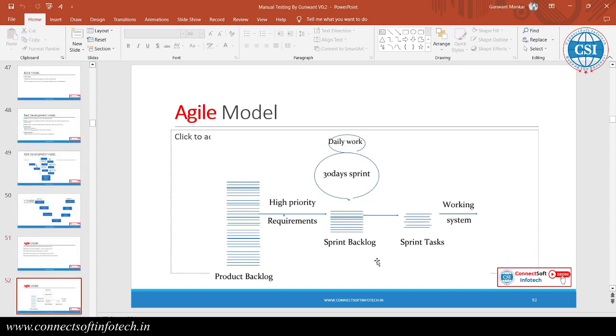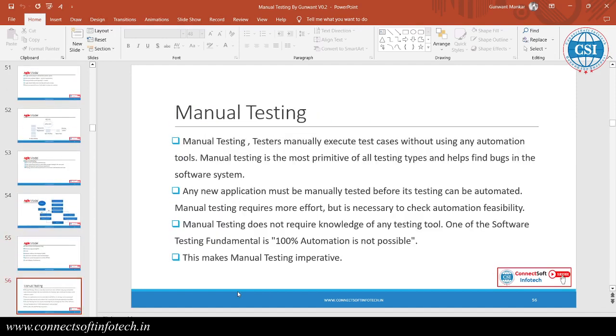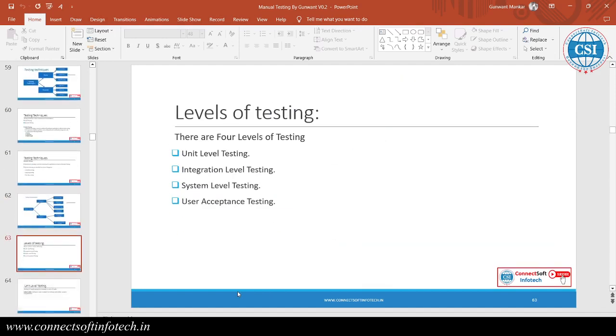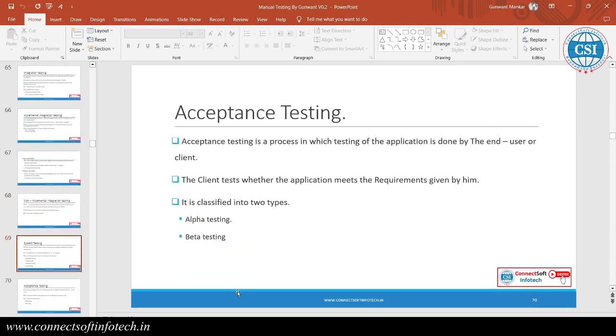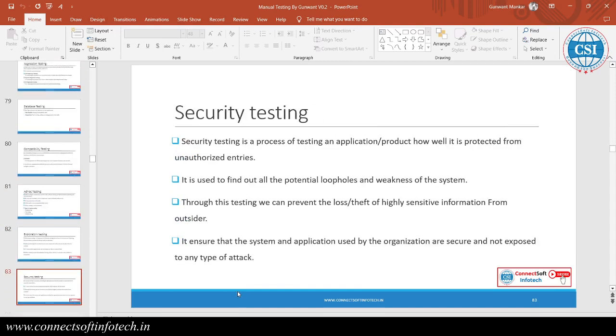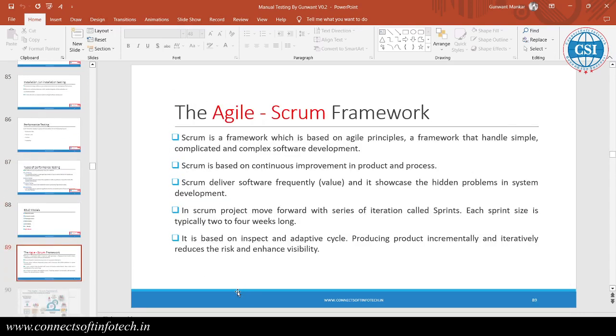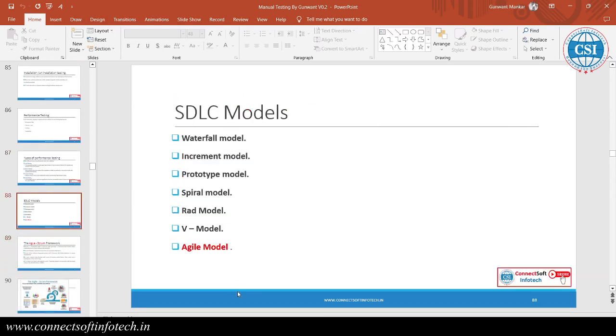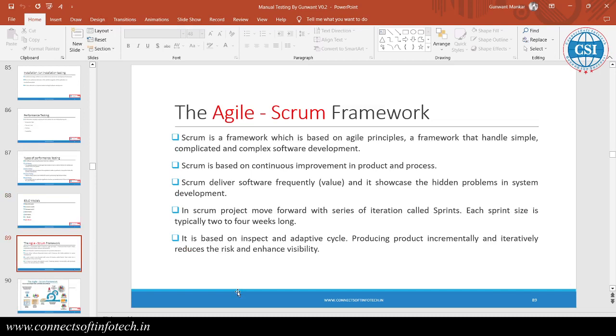Okay, once our SDLC is completed, then we go for the testing. Okay, that is sanity testing, smoke testing, everything. So these are the concepts we go through. Once our testing concepts are completed, then we go for real-time manual testing. Okay, these are the concepts. Then we go for real-time manual testing, and there we are going to again